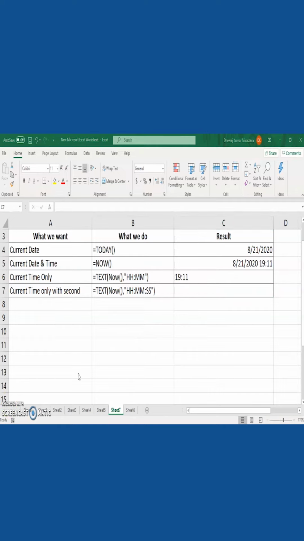In time, seconds can also be added in a similar way, like =TEXT(NOW(), HH, which stands for hours, MM, that stands for minutes, and then SS, that stands for